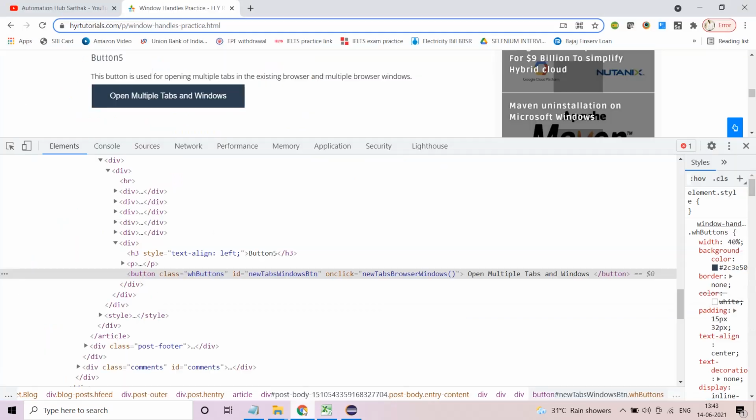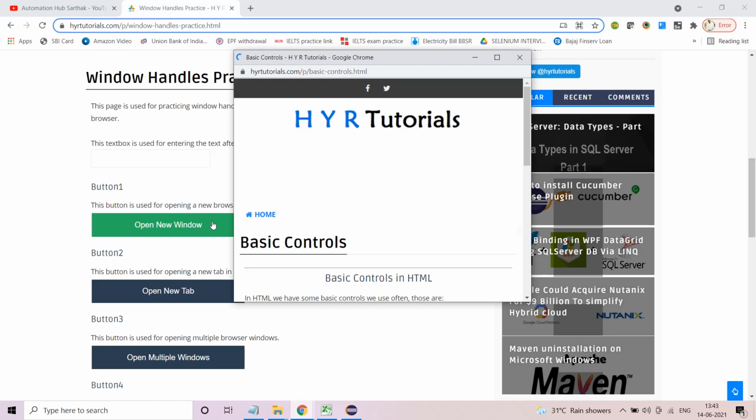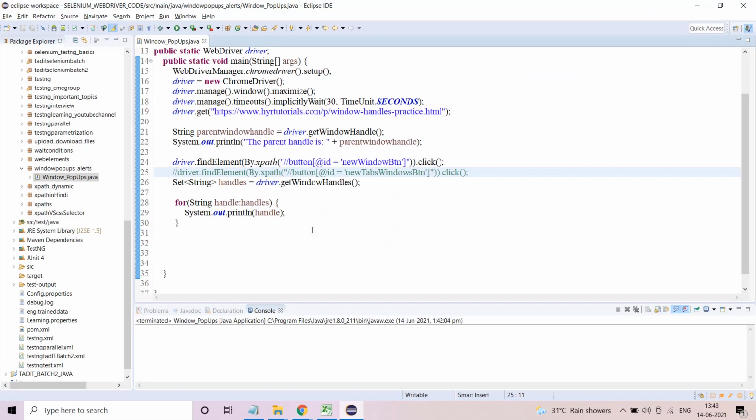Now I told you that you want your control to come here. Like once you click this, you want to write your name here. Okay, let's say I want to write my name Sarthak over here. How do I take my control to this place? That is the next part, taking control. So now you have determined in the for loop whatever you are doing. Okay, now you need to do one thing.